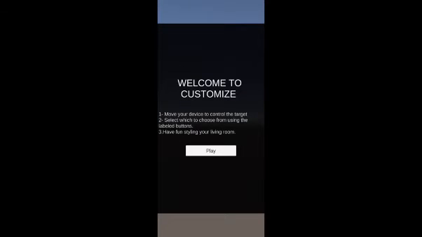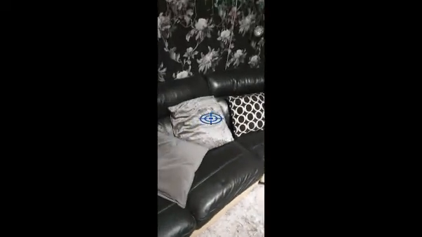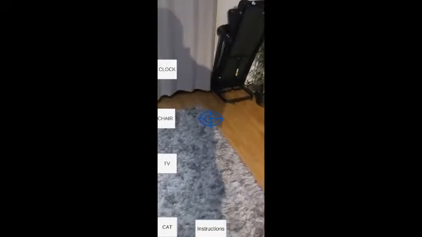Here is a part of where I show you how it runs when I open the application through the mobile phone. Here's the menu, and when you click play, you start the application straight away. Now this is the indicator for the placement where you can spawn the objects. As you can see, it does track vertically and horizontally. See, when it scans the room, and from where certain objects are placed, where the walls are, you can spawn items horizontally